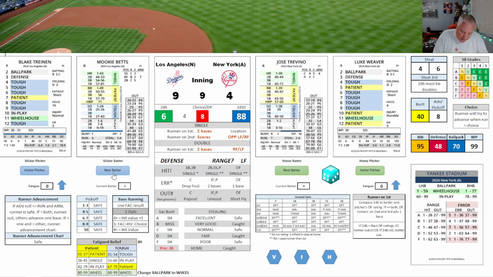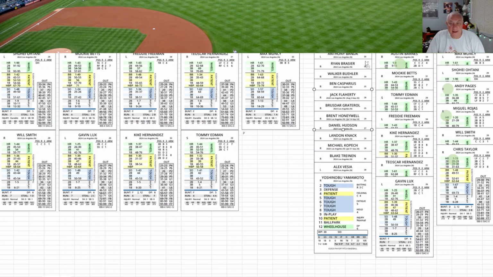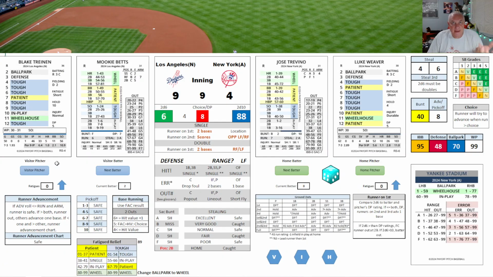Trevino has faced his 3, so we will go to the Dodgers bullpen. Ahead by more than 5, Banda is coming in. Dodgers bullpen was good. So last year, I'm a Padres fan, live near San Diego. If you guys know, follow me, whatever. You know I live near San Diego, so I'm going to follow the San Diego teams, or maybe the LA teams if there isn't one to follow in San Diego. The Padres had these guys on the ropes. And they used a bullpen game and shut them down. The Padres just couldn't score after that, and the Dodgers ended up going on to win the World Series. That was the toughest series the Dodgers had, was against the Padres.